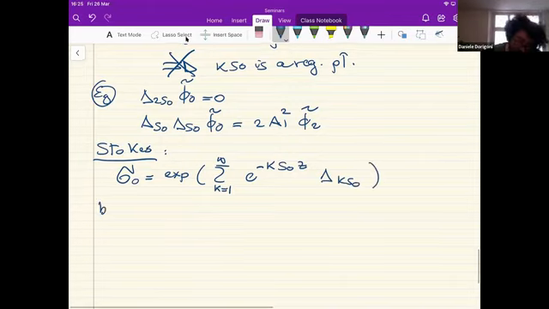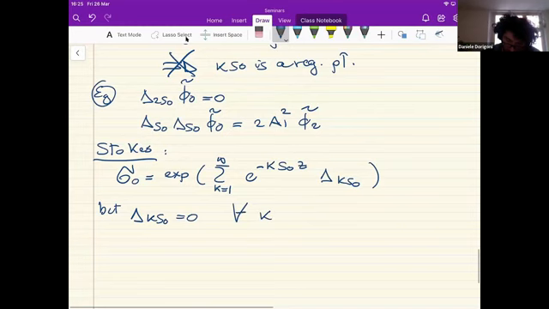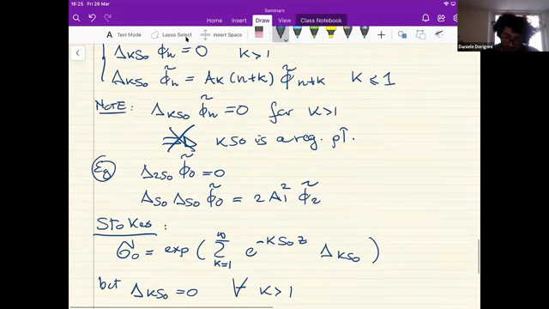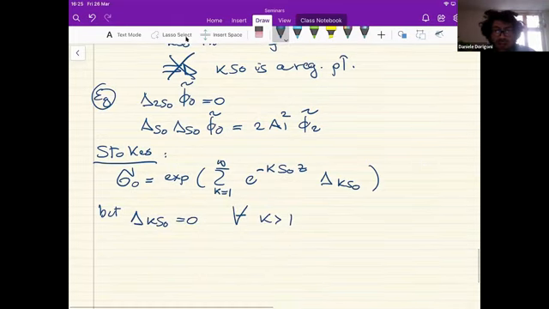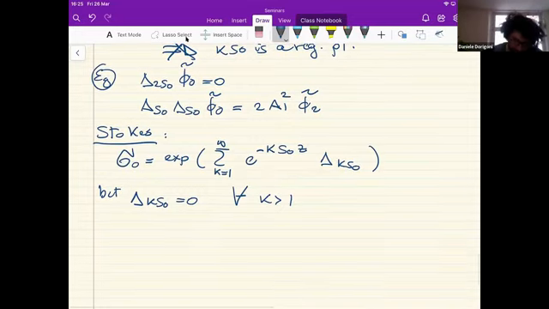But we know already that this object is 0 for all k bigger than 1, is the first equation in here. So this simplifies dramatically the Stokes automorphism in the positive direction. The negative direction, you can still do it, but there is more combinatorics and the action is different. So what is this object?